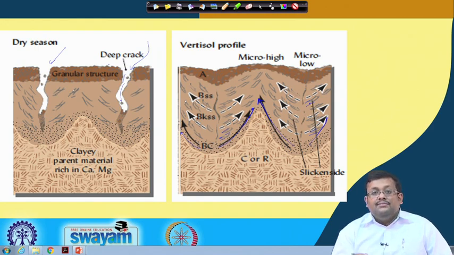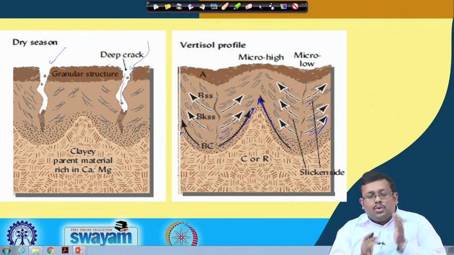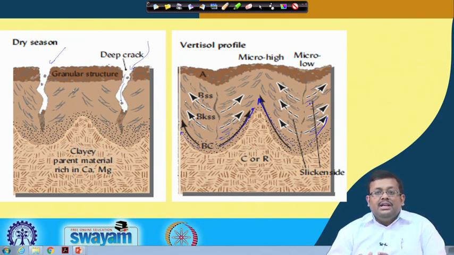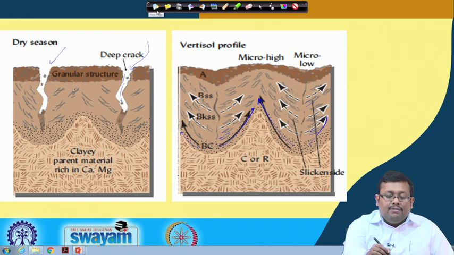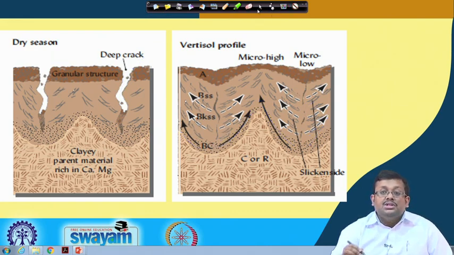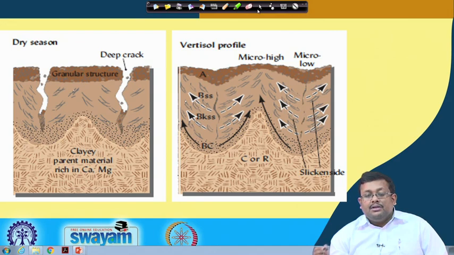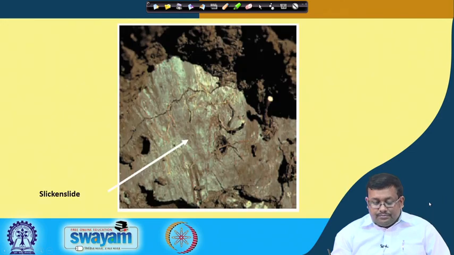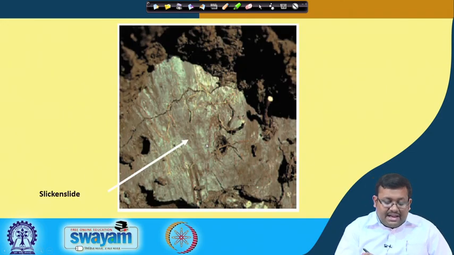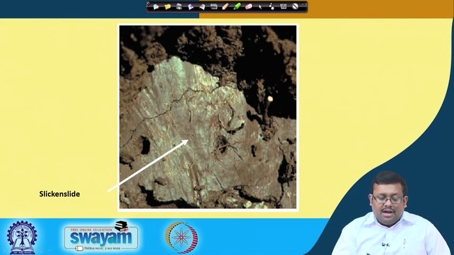As a result of this type of clay movement and sealing action, there will be some ephemeral lakes formed at the surface. We call it gilgai relief. So swelling and shrinkage, slickensides, and gilgai micro relief are important features of vertisols, and you will see these features when you visit this type of soil, specifically the black cotton soil of Maharashtra. Obviously you can see the slickensides, which are shiny features present in vertisols.